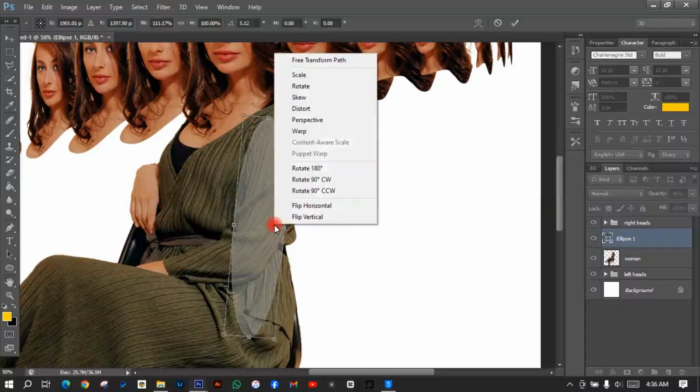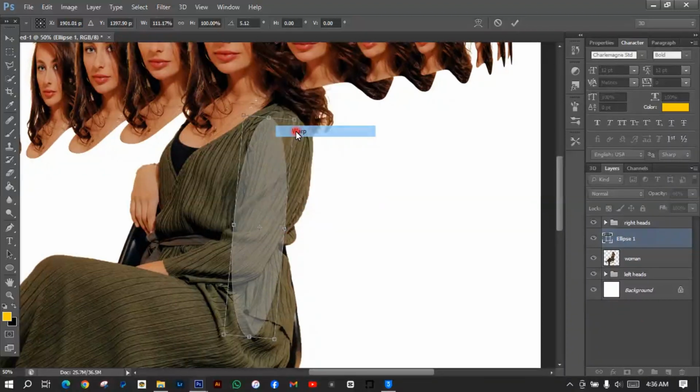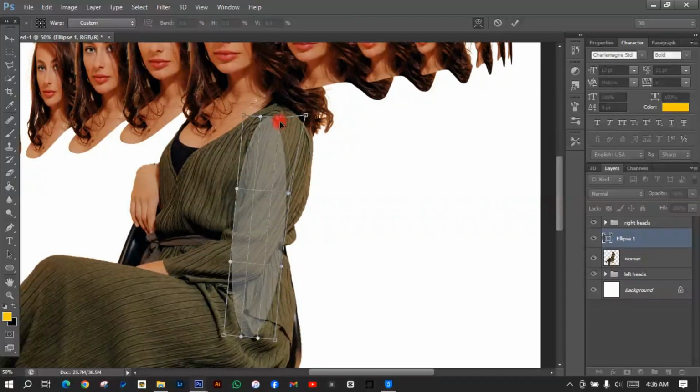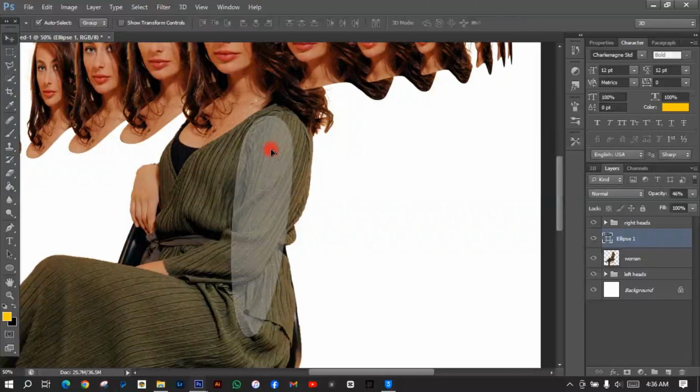Then I'm just going to right click and warp the oval shape. I want it to be a little bit irregular, just for artistic effect. You can do this or you don't have to do this. It's all up to you. Alright, once you're satisfied with the shape you've created,